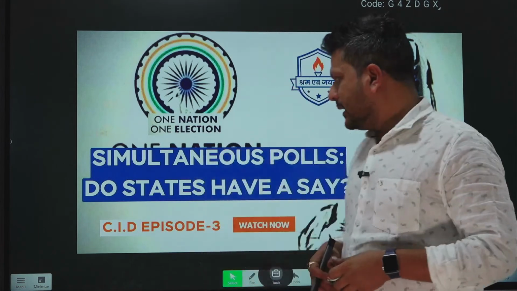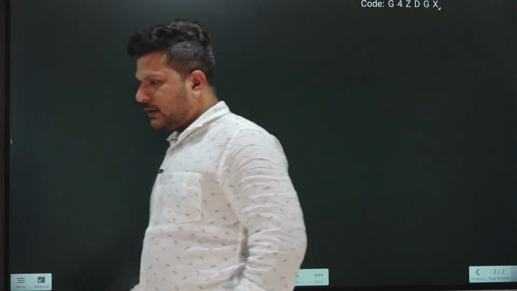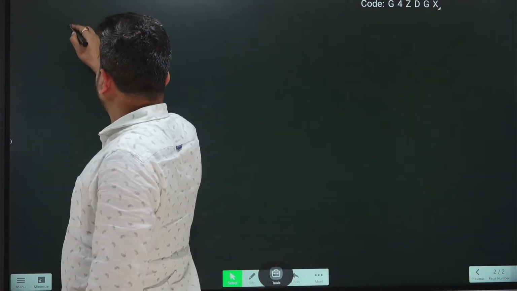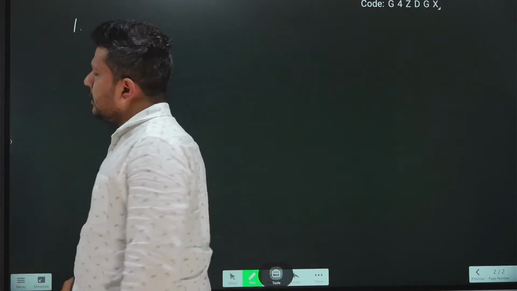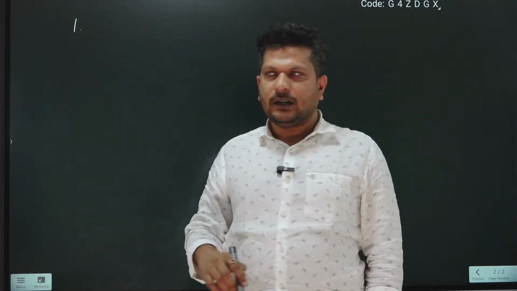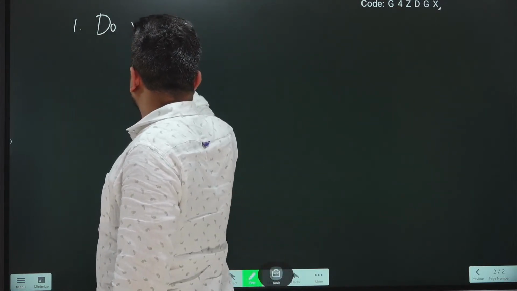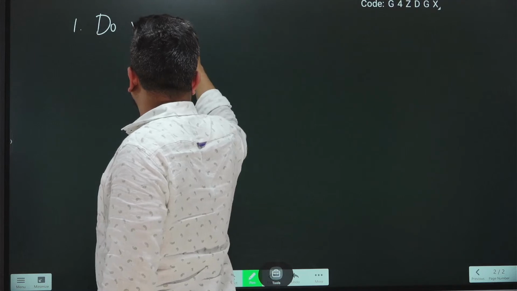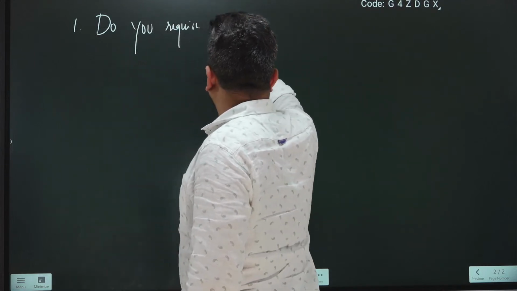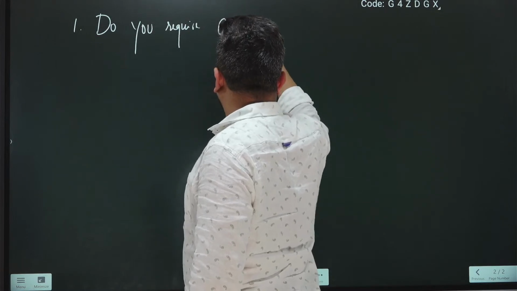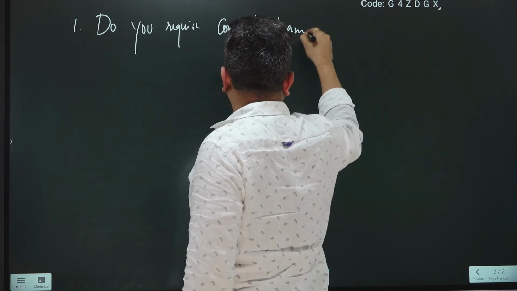So today's discussion will be hovering around four major questions. That is, in order to have simultaneous elections in the country, number one, do we require a constitutional amendment? And number two,